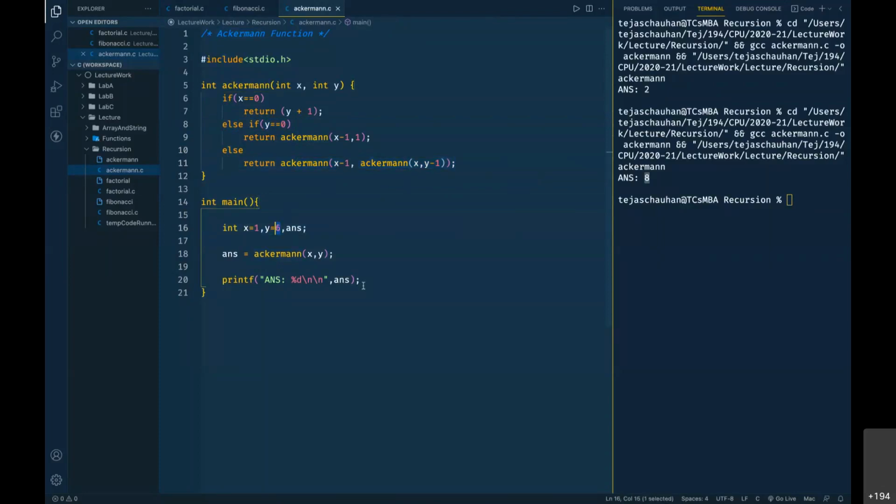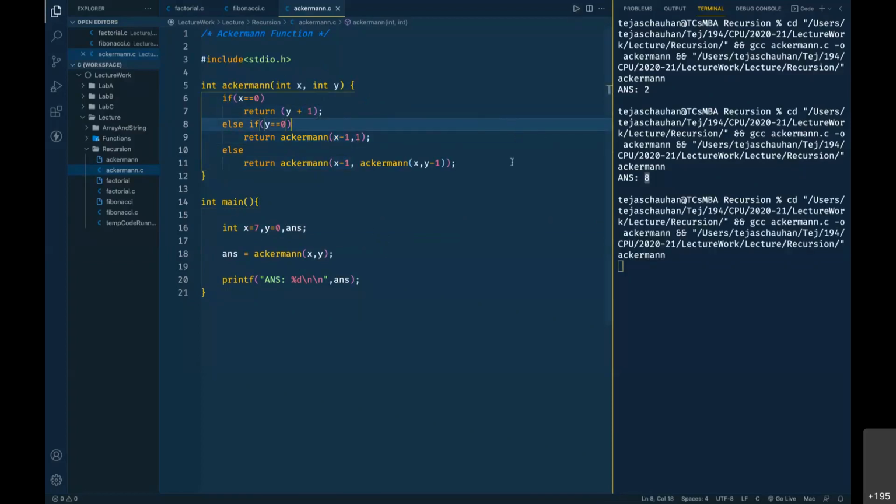अगर y 0 है, x is something else, x is something, let's say 7, then it is always going to do this case. And जितनी बार मतलब x is 7, 7 minus 1 6, 6 minus 1 5, 5 minus 1 4, 4 minus 1 3, इतनी बार वो रिकर्जन करेगा, जितनी x की वैल्यू है उतनी बार वो रिकर्जन करके ऑलवेज +1 करता जाएगा. सो योर आंसर विल बी डिपेंडिंग ऑन x की जो वैल्यू है उसके ऊपर से आपको उसकी भी वैल्यू मिल जाएगी. Well, it has taken some time.